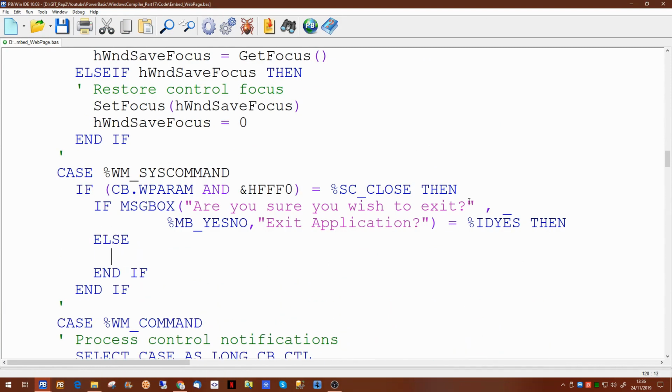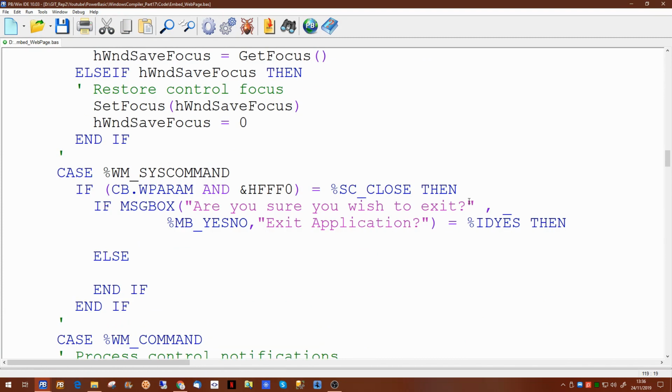However, we're going to handle this one slightly differently. If they say yes, they wish to exit, then we'll mark the function equal to 0,